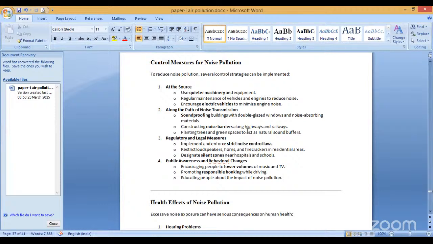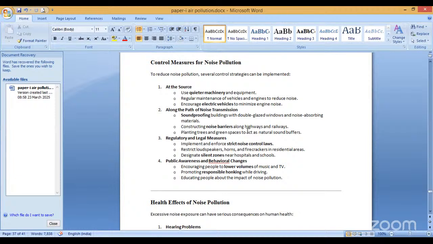Then, coming to the next one, noise control strategies can be implemented. At the source: use quieter machinery and equipment, regularly maintain vehicles and engines to reduce noise, and encourage electric vehicles to minimize engine noise. Along the path of noise transmission: soundproof buildings with double glazed windows and noise absorbing materials, construct noise barriers along highways and railways, and plant trees and green spaces that act as natural